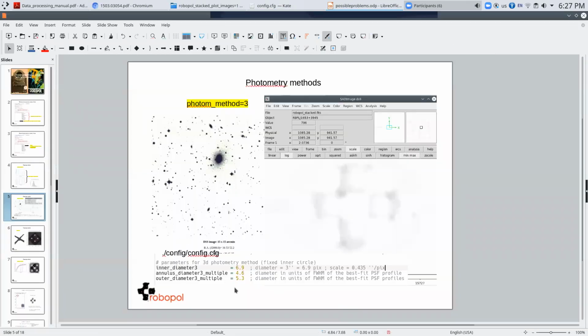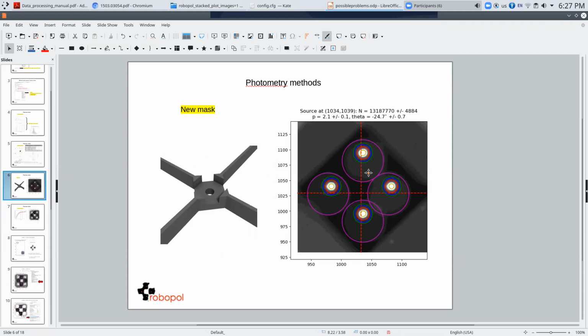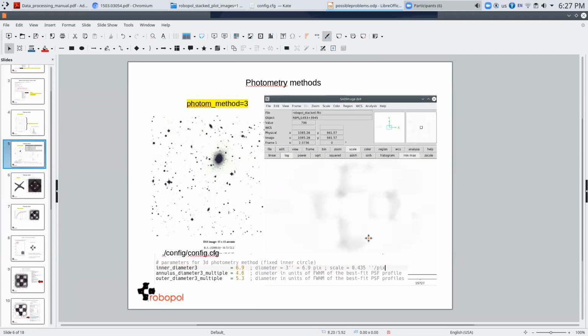So here I show that in the config, you just set this parameter to the desired value and you measure with a fixed aperture, okay? To avoid this kind of problem when we have extended sources totally filling out the mask,